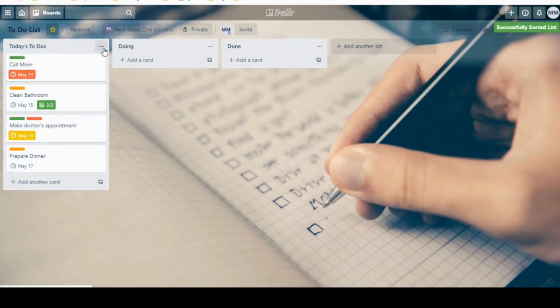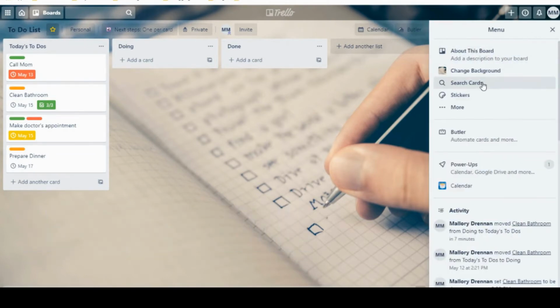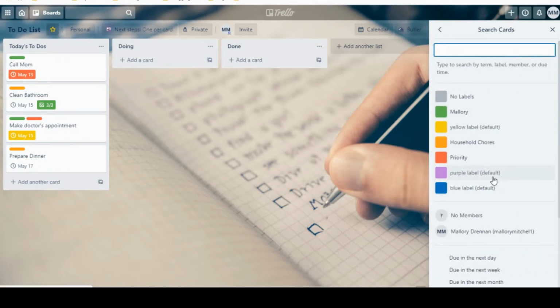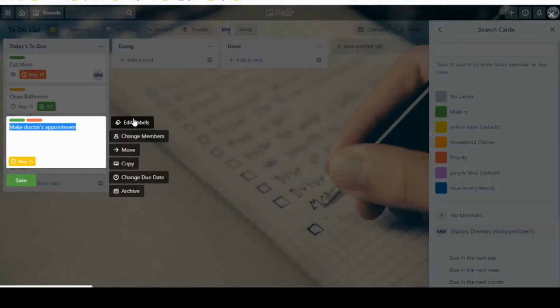So you can easily sort within an individual list, or when it comes to due dates, or you can come over to where it says show menu over here, and you can actually search cards. And remember, in the first one, we could search by the labels. You can actually sort by members as well. So let's assign me as a member for some of these.